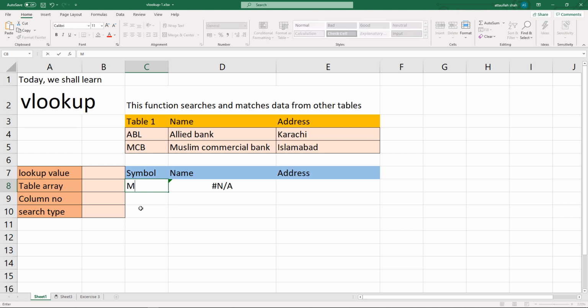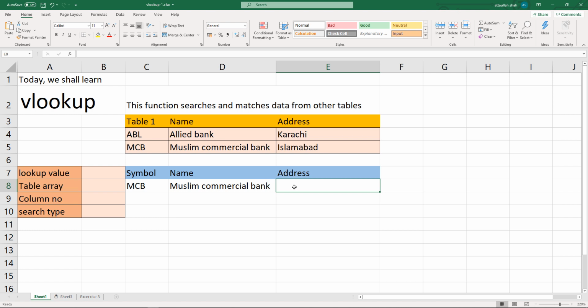So MCB. Let's say I want to get the address of this bank. So equal to VLOOKUP, looking for what? Looking for this specific search criteria, comma, where? In the banks table.